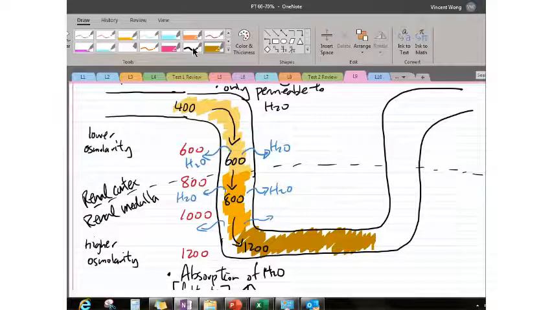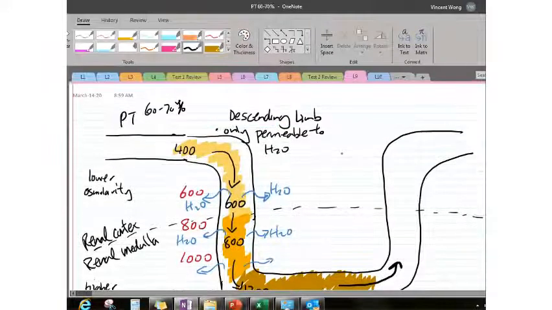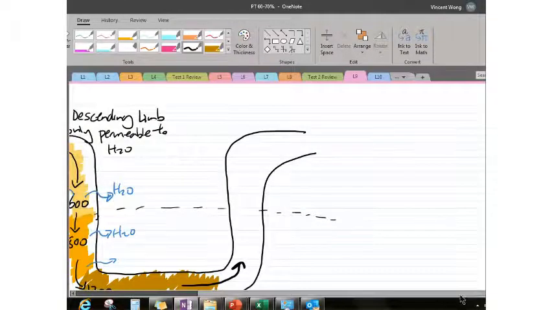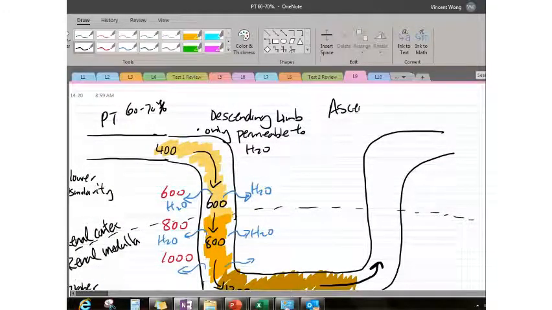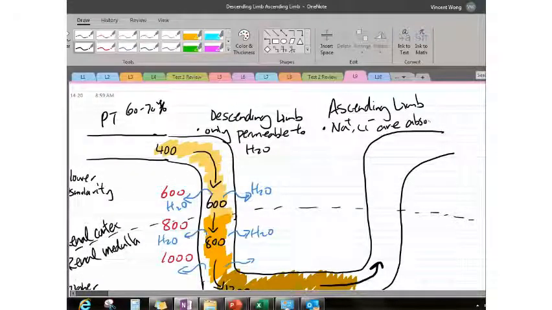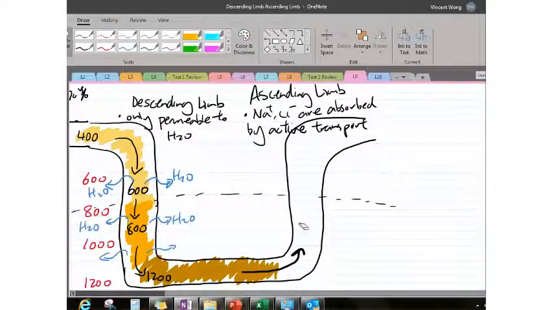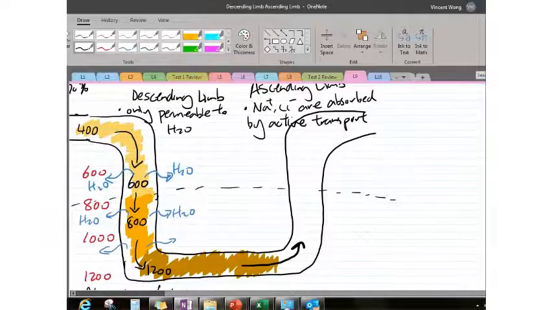Then you go up the loop of Henle. On this side, we call this the ascending limb. The ascending limb is a little bit different from the descending limb. On the way up, NaCl is absorbed by active transport. Water cannot move, but you can take NaCl back through active transport. So the surrounding tissue,